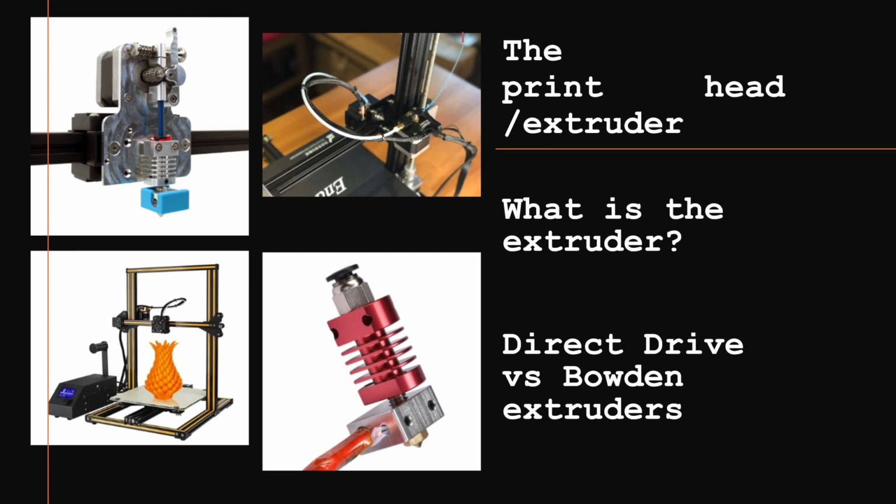So the filament will come through, get pushed through by this motor, through this tube, and then into the nozzle, and then out to make the object. The disadvantage to this is if you're printing flexible filaments, the filament will usually clog up right here because there's so much resistance going through the tube and then through the nozzle. So usually it'll just clog up right here,